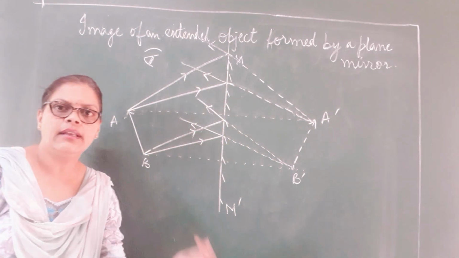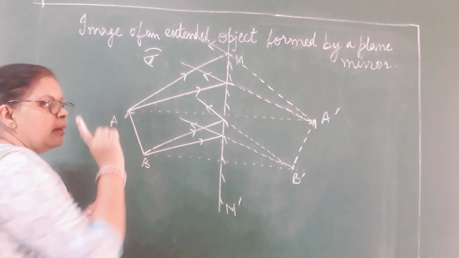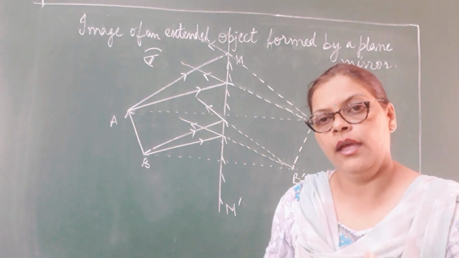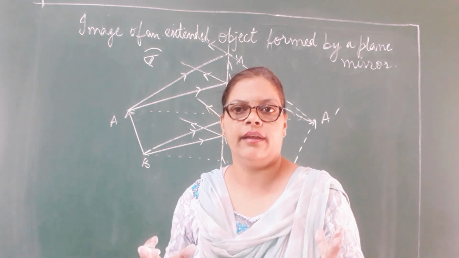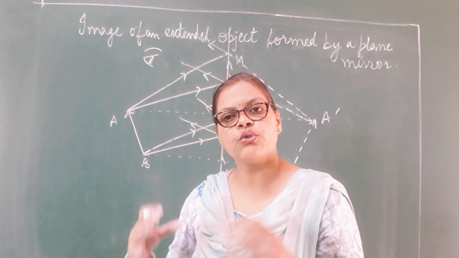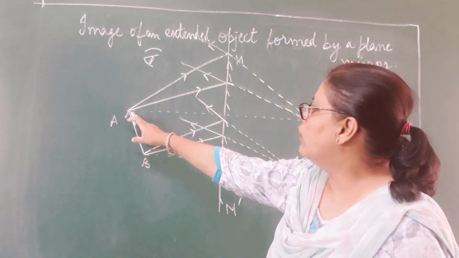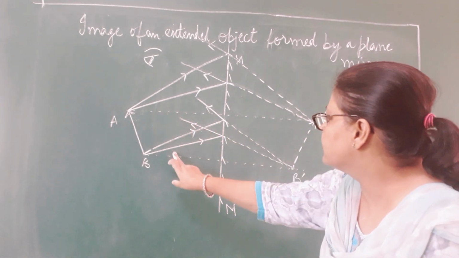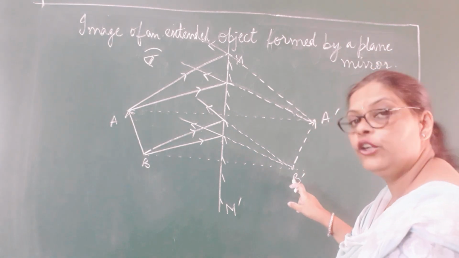Okay, once again quickly we revise the steps. I took the object children here. Remember one thing children, I am giving you simple steps to draw the diagram. These steps will help you to get a very accurate diagram. Okay, we are going in a manner step by step so as to get the correct diagram. First of all, I took the object children. From the object, I drew 2 dotted lines such that I measured this distance and this distance from the mirror and I put A dash and B dash and joined them in dotted.